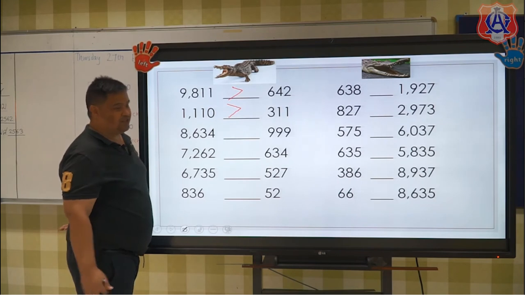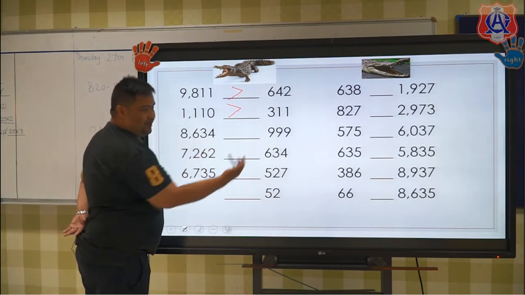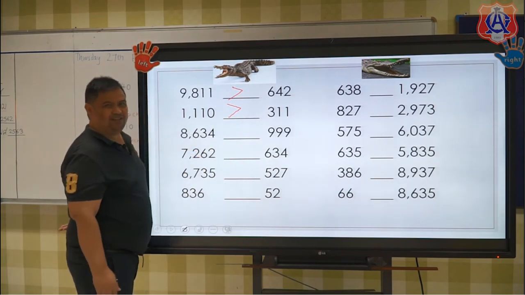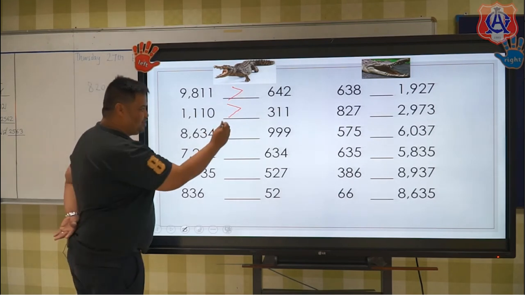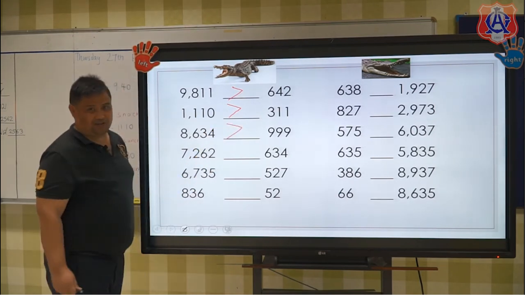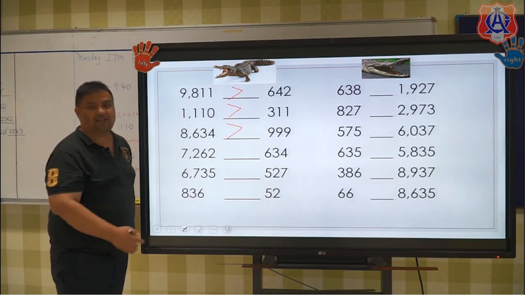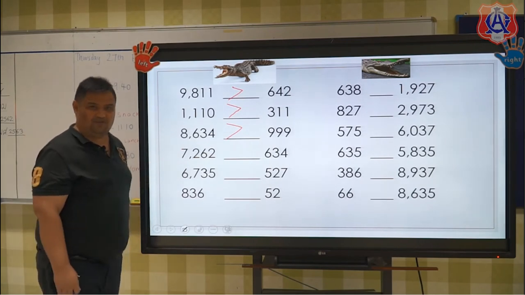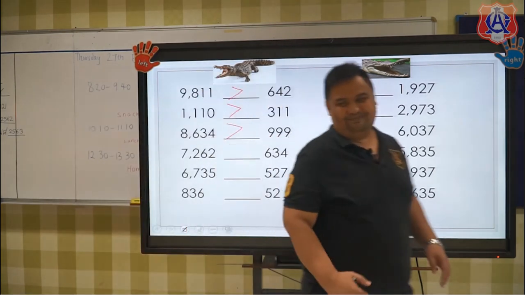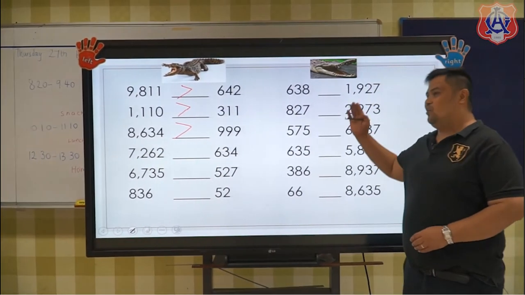Looking at the number of digits, we have 4 against 3. What is the answer then? If your answer is the first one, then you are correct. I'm going to leave you questions number 4, 5, and 6 for you to answer. I'll give you time to do it. Let's move on to our next